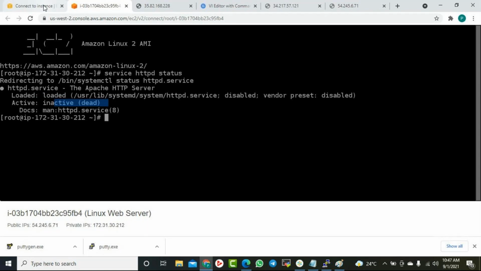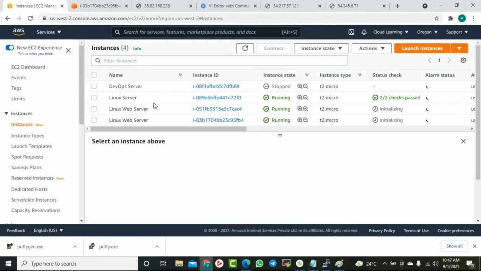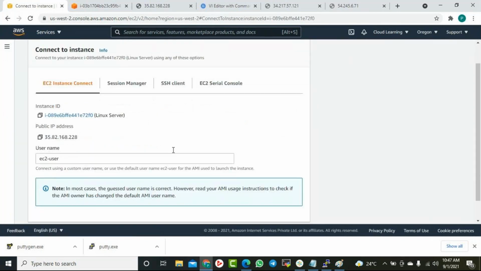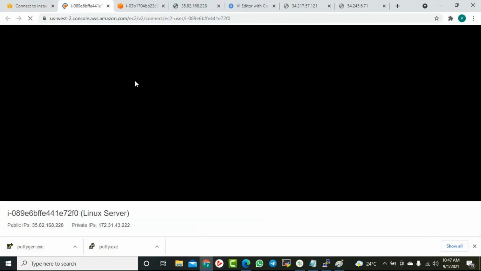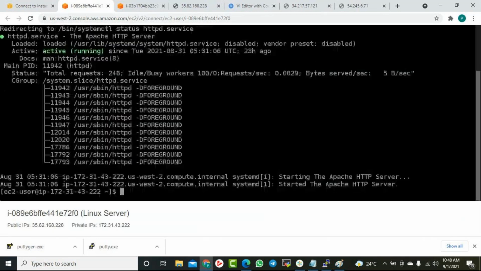While in the original server, what was our original server? This one. If you see the status, it is active, right? So why is this?